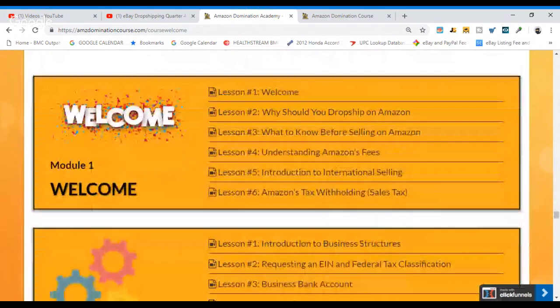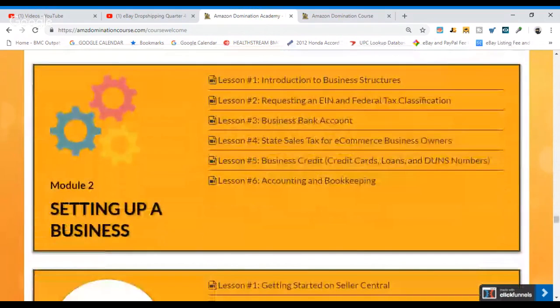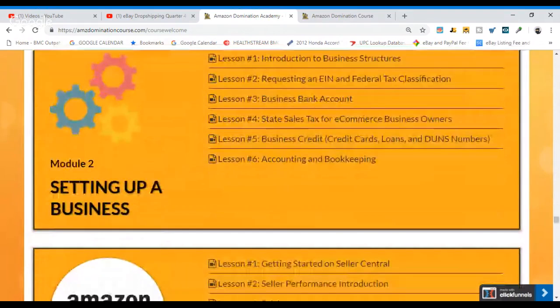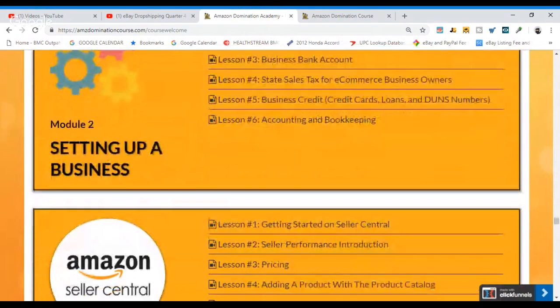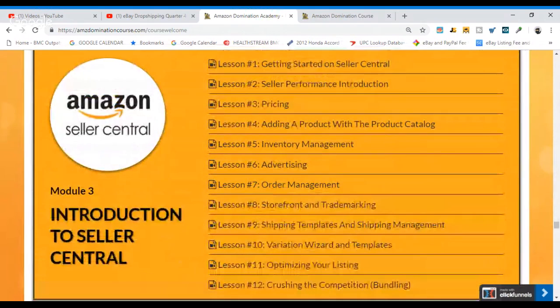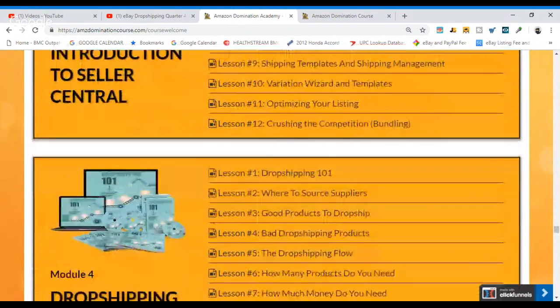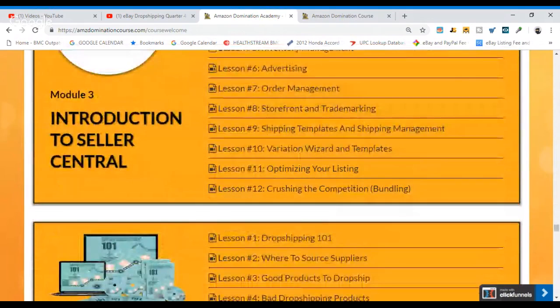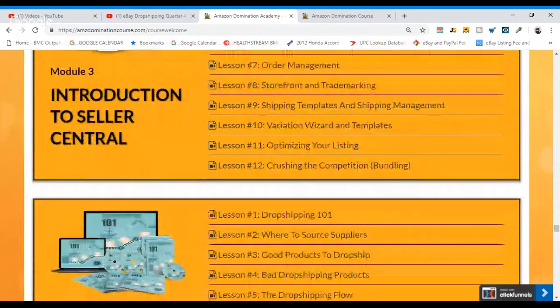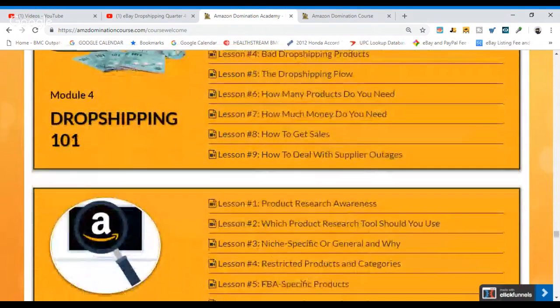Okay, so the course, introduction to course, introduction to business structures. They'll show you how to do EINs and business accounts and how to set up your own accounting. And then Amazon Seller Central is a big thing because that's where your business lives, right? And you want to pay attention to the inventory, your sales, your metrics. Amazon's a very stickler for metrics, and they explain all of that, as well as templates, listing templates, variation templates, optimizing titles, and the dropship model, the FBA model,